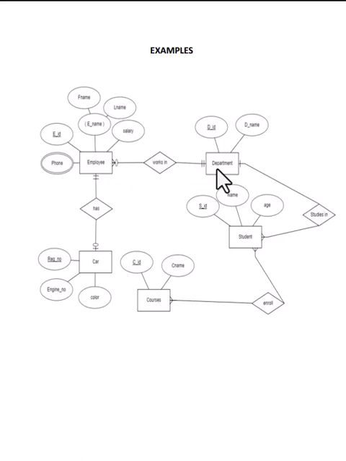Similarly, the primary key attribute of department, which is DID, will be considered as a foreign key attribute or column in the employee table, and the primary key column, which is DID, will be considered as a foreign key column in the student table. And when a third table is created from student and courses, which can be a student courses table or student registration table,